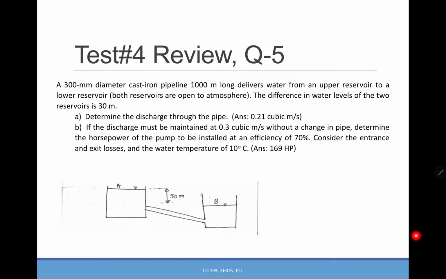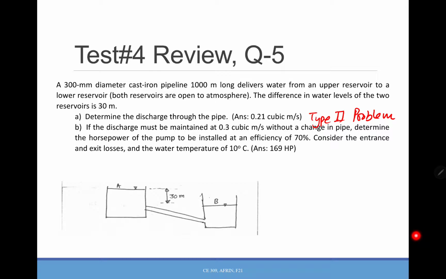Question number 5. For question number 5, it says that some diameter of pipe is delivering water from one reservoir to another reservoir, and you need to find the discharge and the pump power. For discharge, you already know this is a type 2 problem. If you look here, the velocity is not given. That means you can't find the discharge directly just by using Q equals A V. You need to find the velocity, and